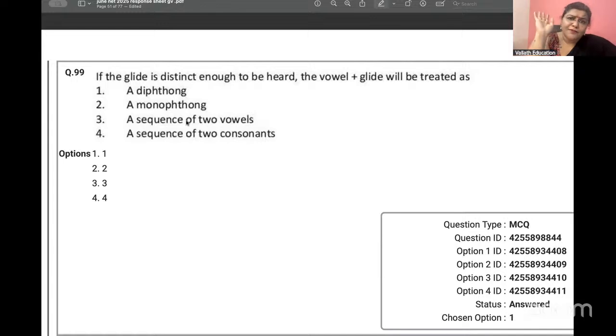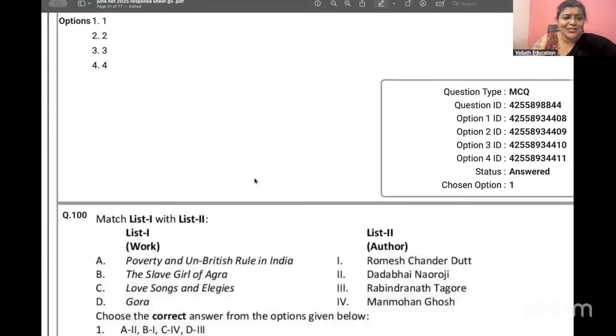It cannot be monophthong. When there are 3 vowel sounds, how can there be monophthong? Already one glide or diphthong is there, plus 1 vowel is there. It cannot be diphthong. The two are there now. Glide, and maybe this is the answer. You should think like that. It is logical reasoning, actually. Now,